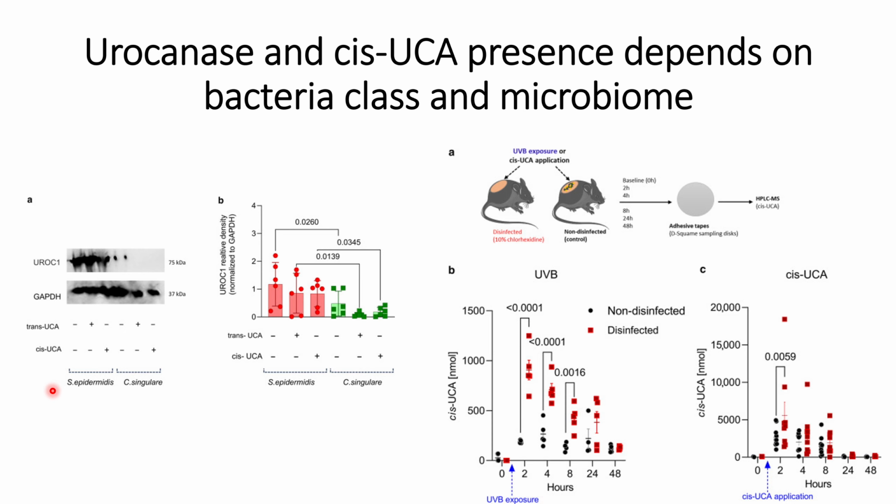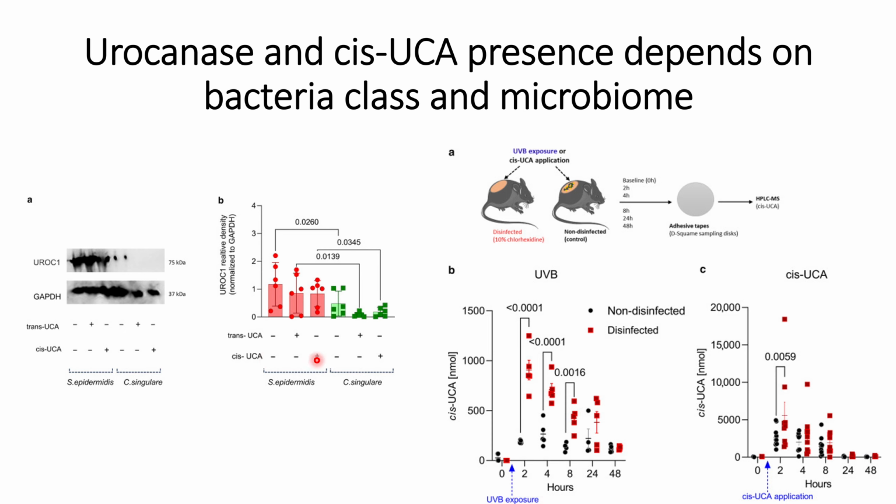epidermidis, which has the HUTC and HUTU genes, shows urocanase presence in its cell culture media, whereas C. singularis, which does not have the HUTC and HUTU genes, does not show urocanase presence. And they validated and quantified this by Western blot and normalized it to the GAPDH signals, and they are able to see that there is no significant difference between the urocanase 1 when cis or trans UCA are not present compared to with trans UCA presence or